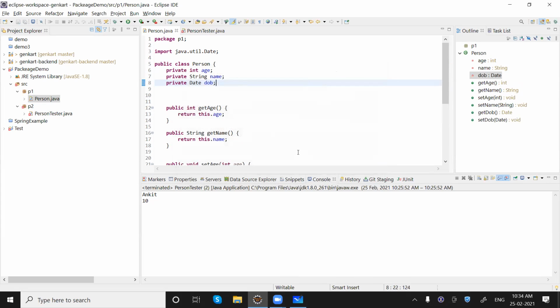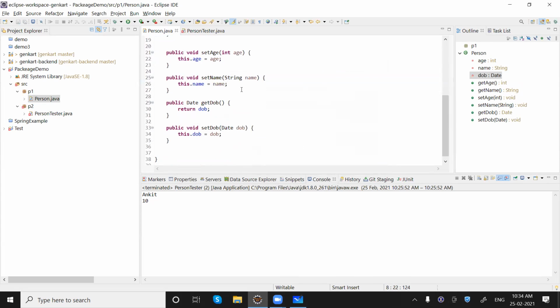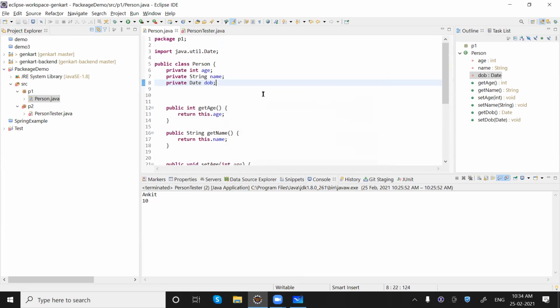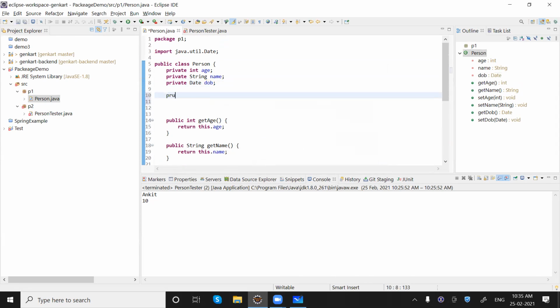So I have created a setter and getter for this particular instance variable. What if I need to use another date from the SQL package?